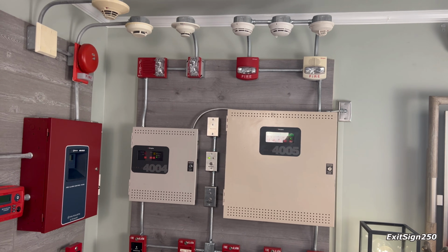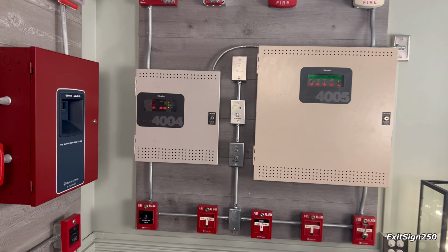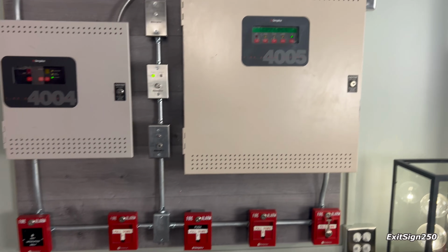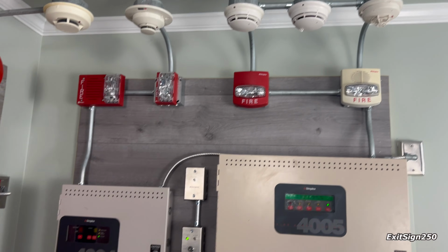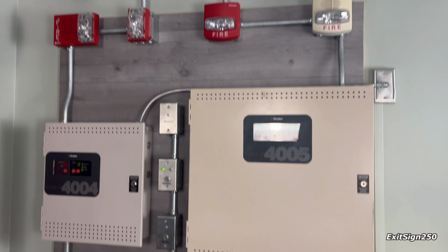And here it is. Check it out. This is a Simplex themed board. I have two Simplex panels. Both of them are conventional. And yeah, it's a bit of a Simplex themed test. Of course, I'm not only going to use Simplex devices, but I thought it was fitting for the first test